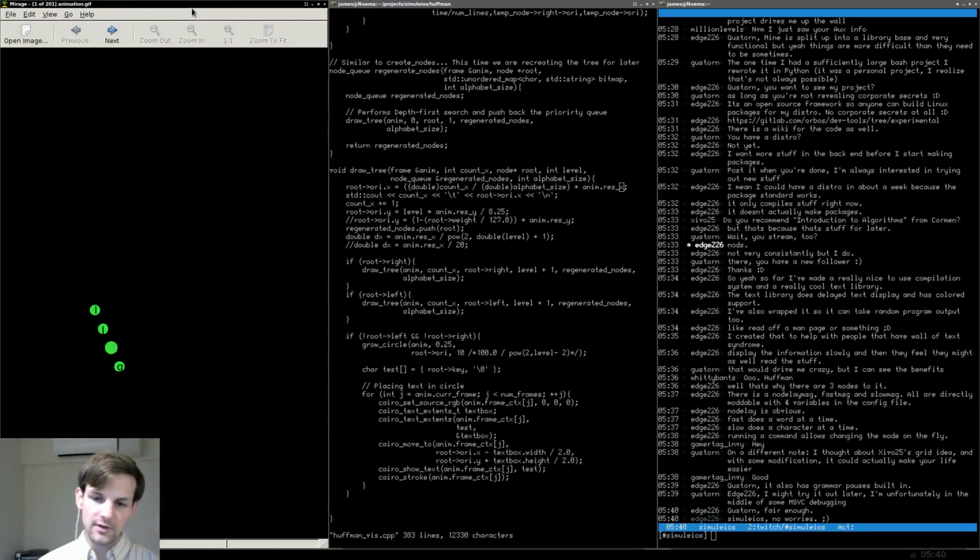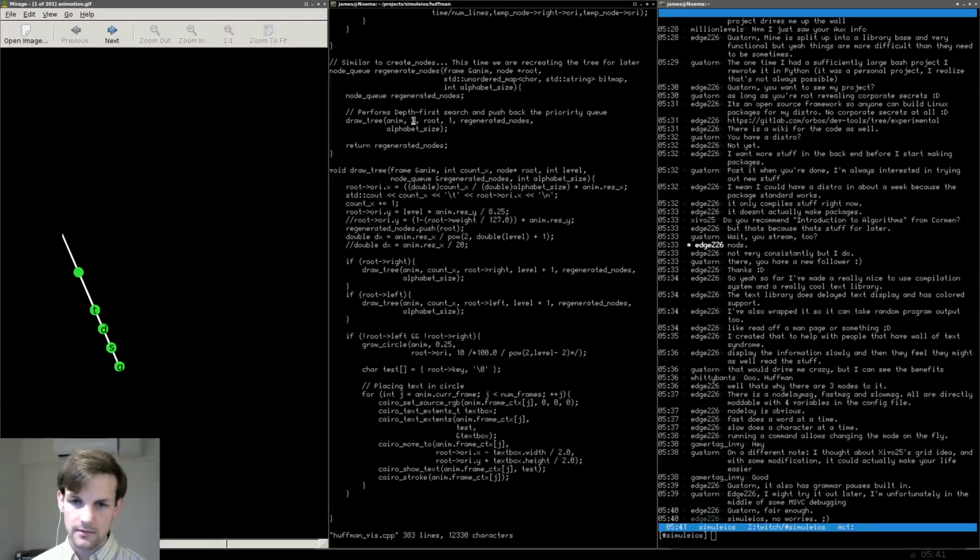Okay, so now how are we going to do this? We have count x. The problem is the following. Every time we go down the tree, we add 1 to the x position, right? But that's not exactly what we need to do here. So let's do something else instead. Let's give this guy an initial x position of, let me see here. Let's do alpha size